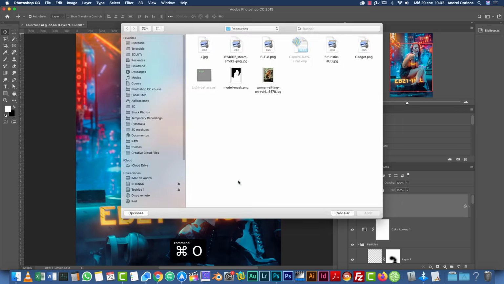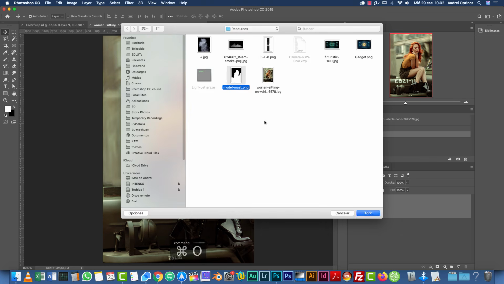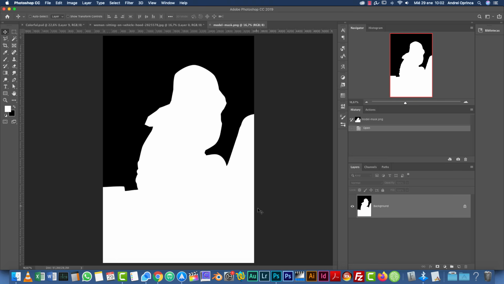So we're going to start by opening the image of the model, which is this one over here. Since I already have the layer mask saved, I don't want to spend time tracing this, and it's really easy. The tutorial is not about how to extract the image from the background. So what I'm going to do is just open this model mask.png, and copy it with Command A or Control A and Command C or Control C